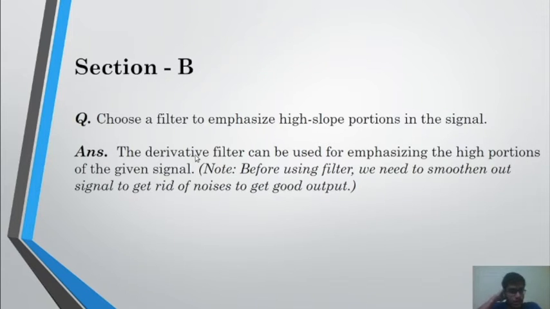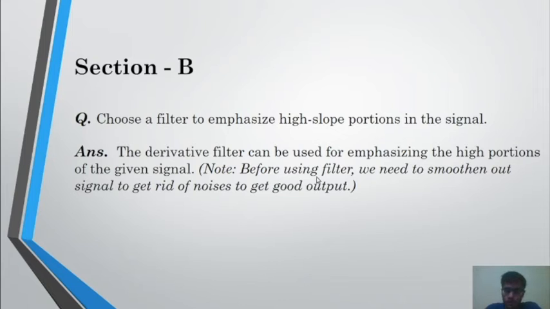Now moving on to the next section of this experiment, we were asked to choose a filter to emphasize high slope portions in the signal. In earlier questions we were asked how to smoothen the signal, and now we have to emphasize the high slope portions. For this, as we saw in the theory, the derivative filter proves to be a very good filter,